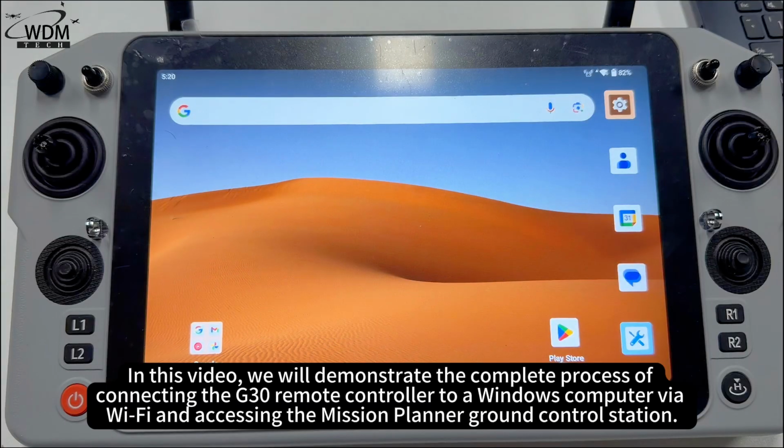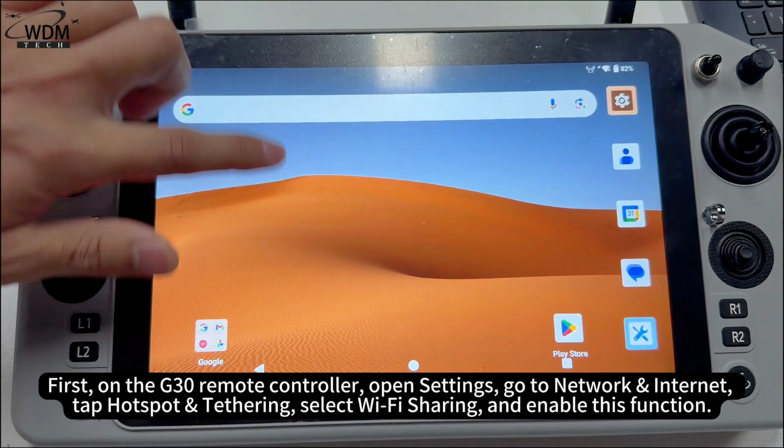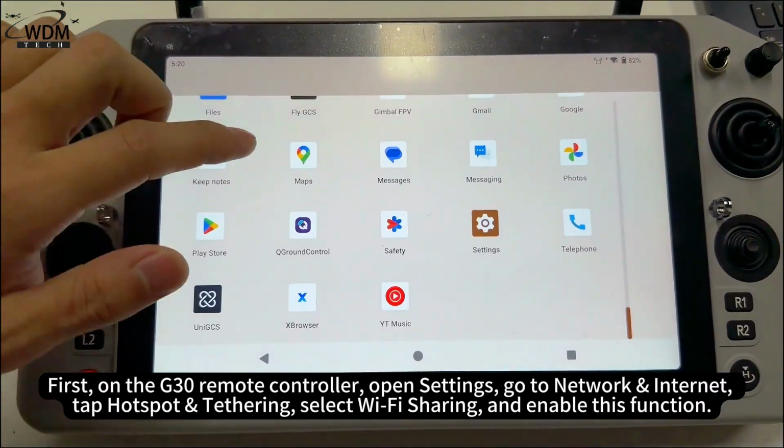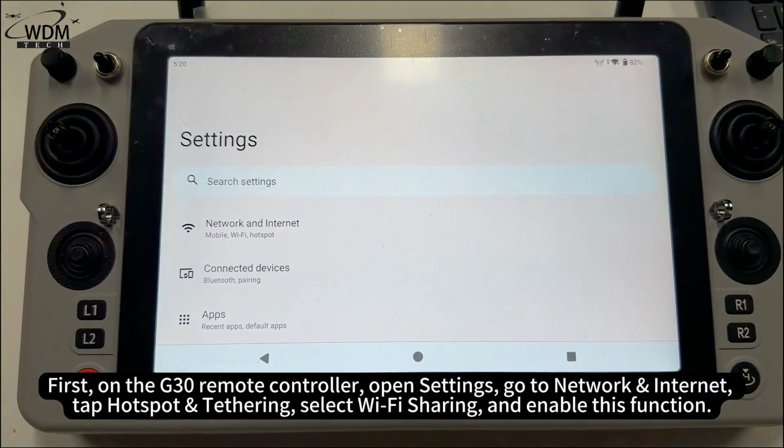In this video we will demonstrate the complete process of connecting the G30 remote controller to a Windows computer via Wi-Fi and accessing the Mission Planner ground control station. First, on the G30 remote controller, open Settings, go to Network and Internet,